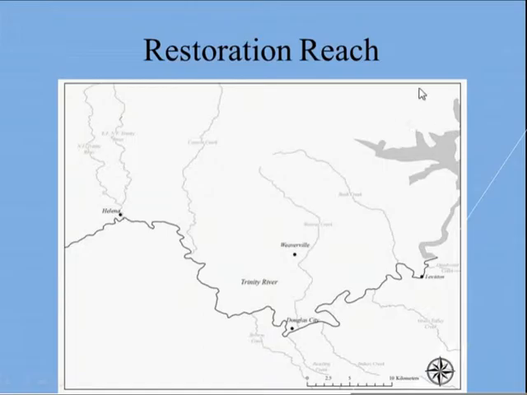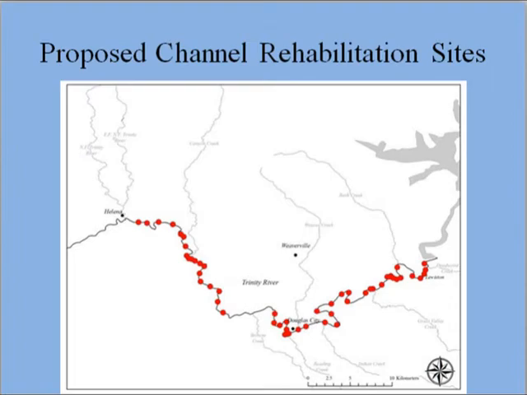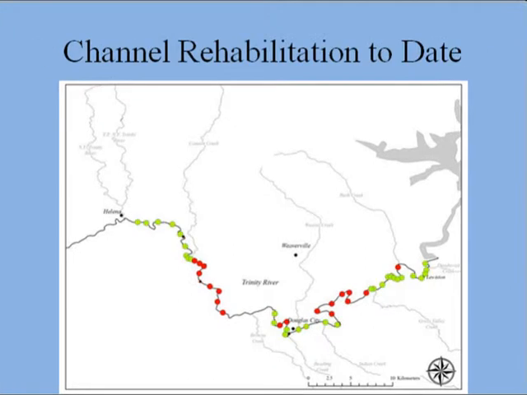Here's our 40-mile reach. DJ showed this map earlier. We originally had 47 sites proposed, and we started essentially on the ground going at these sites in 2005. The record of decision was signed in 2000. It took a few years to get through litigation and to be able to send down higher flows. Since 2005, we've basically completed a little more than half of the sites that we originally outlined.